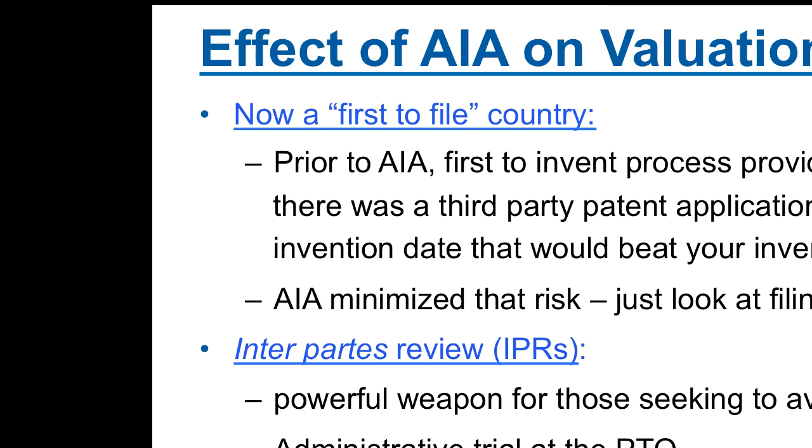Once the patent office agrees, you're kind of out of it. You just stand back and watch. There used to be another process where you could get involved, submit things and be part of the prosecution, and this replaced that. Now it's a trial. Is that for those seeking to void patents, to avoid a patent by voiding it?